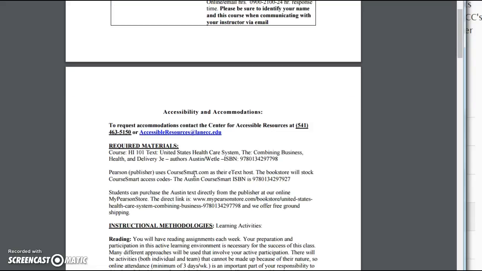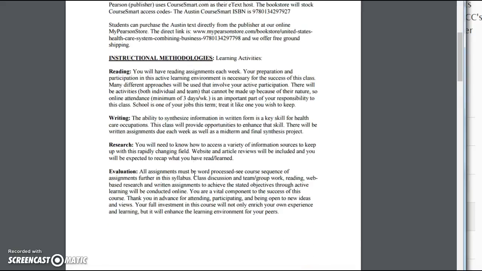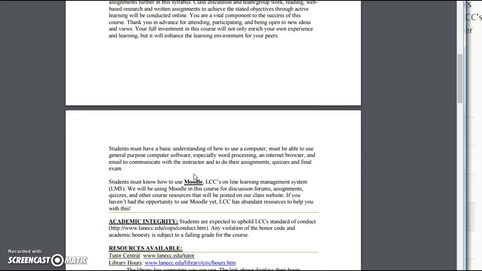You can either make a choice to go ahead and order from the bookstore or through Pearson. Just a comment on the third edition. The first quarter that the third edition was used was fall of 2016, and so the second edition is not appropriate. Content has changed, and it will not be sufficient for you to prepare for quizzes, so be sure to pay attention to that. Alright, and then there's some instructional methodologies, a little bit about Moodle,